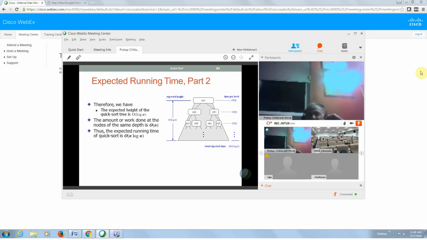Couple of other things here. I actually eliminated some slides in the interest of time. I did not put them in the review. But then, going back to the overall complexity of quicksort,